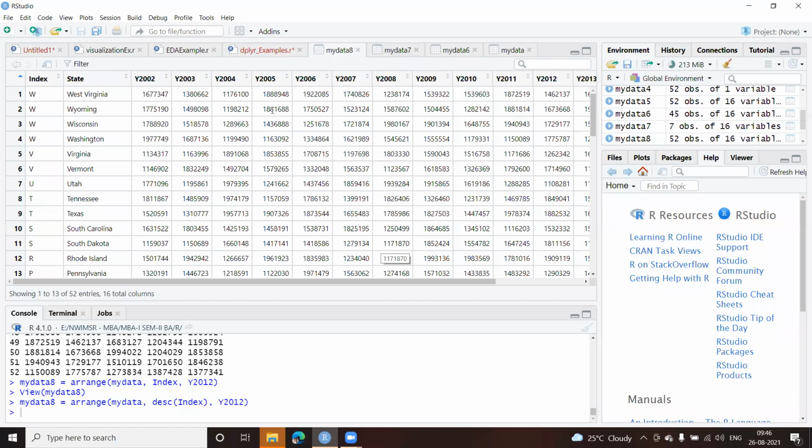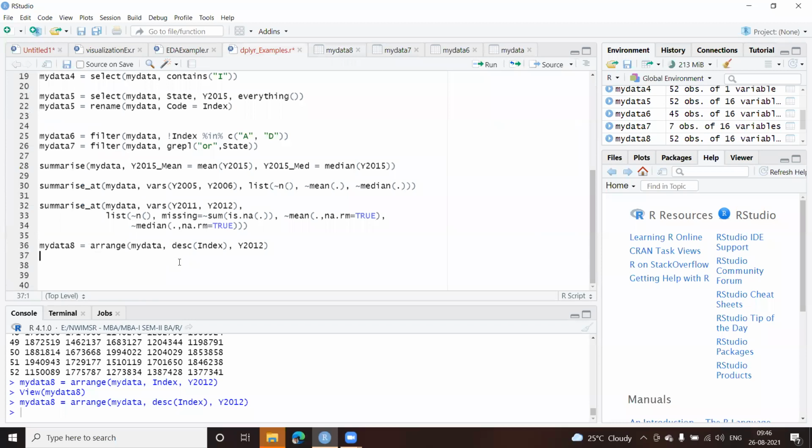Yes, like this, you can give multiple if you want. So you need not stick to one of them or the same ascending order. You can have both in descending also. Again, you have to give desc here. If I give desc in round brackets for 2012 as well, then both the columns will be sorted in descending order. And you can have a mixture also like this. Clear? So this is one way of doing it.